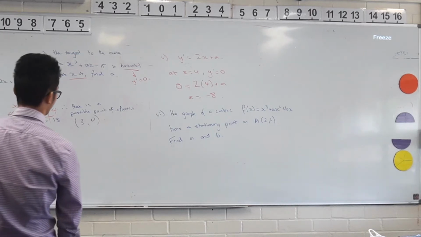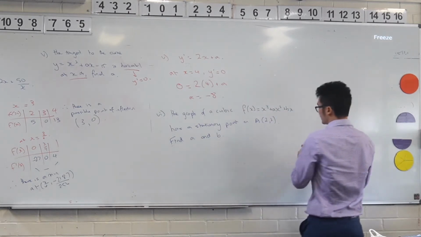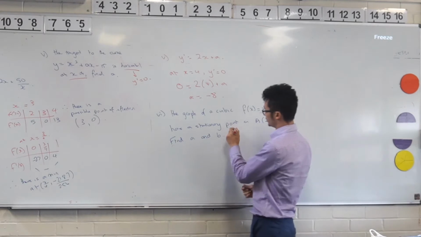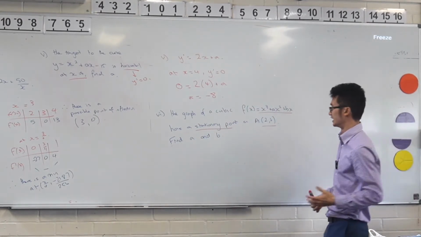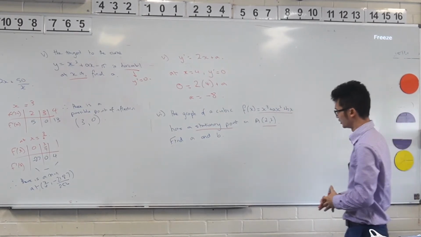So let's just finish this one off really quickly. The graph now is given by this expression, and it's actually got two variables now that we need to find. But we're given a bit more info. We're given that there's a stationary point at this coordinate rather than just a particular x value. And how that's going to let us access this question is, if you think about it, okay, well, now that